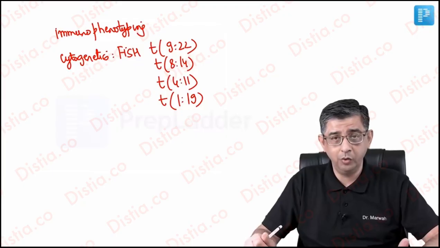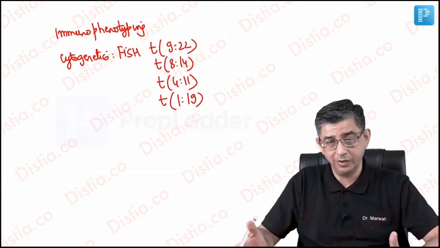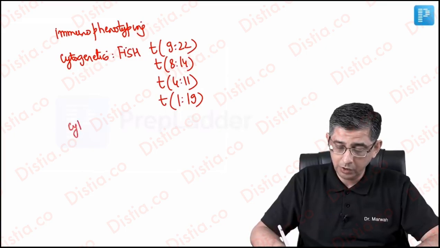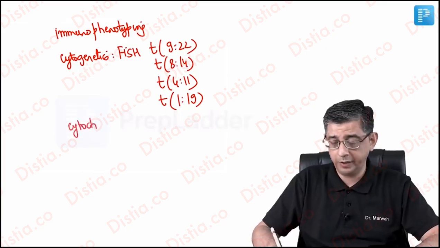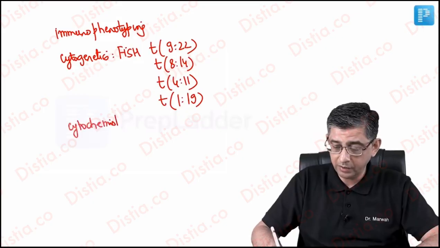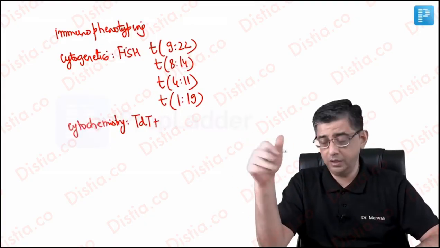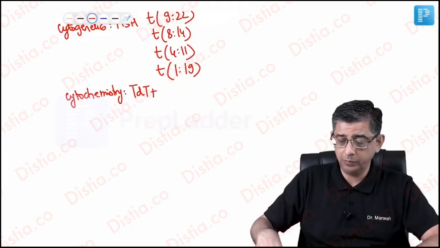In pathology, they talk about good and bad. Here I'm going to talk about the risk assessment, and that is why the chromosome names have to be practiced once again. In some MCQs, he will also like to test a bit of your cytochemistry, and he can say that this person's tumor cells are TDT positive. Now, the meaning of the word TDT positive basically is, I'll write the full form of TDT also,